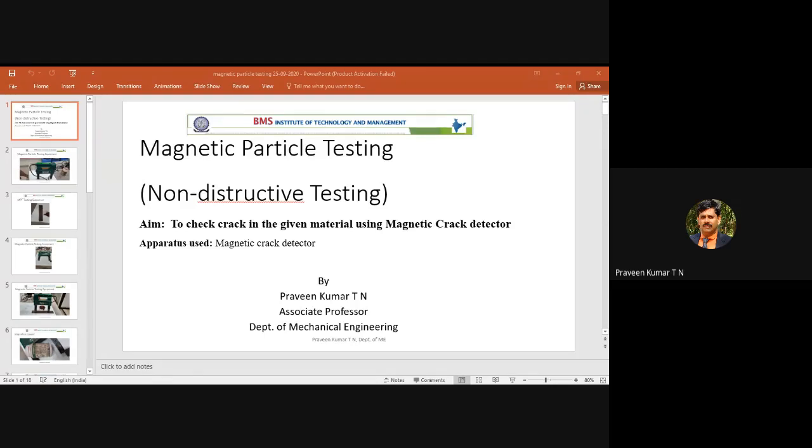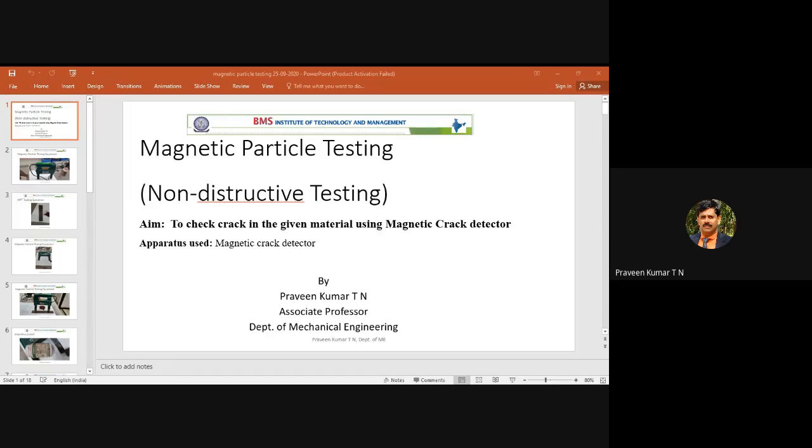There are some of our own students. I'm giving this example, not the example of others. Why I'm telling this is that non-destructive testing or magnetic particle testing should not be thought of as only a 10-minute or 15-minute experiment. In the lab you may do the experiment for only 10 to 15 minutes. It has its own area, its own application, its own job providing. There are many job providing industries, even GE or many aerospace industries.